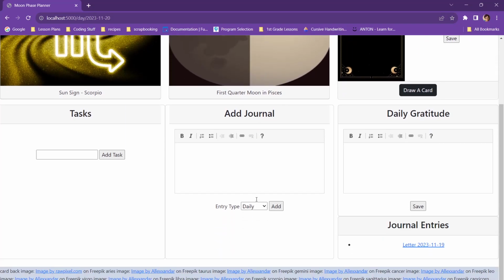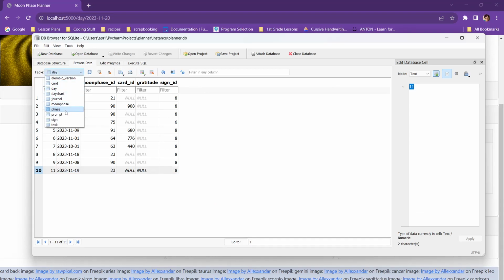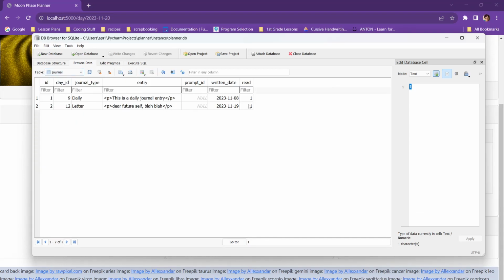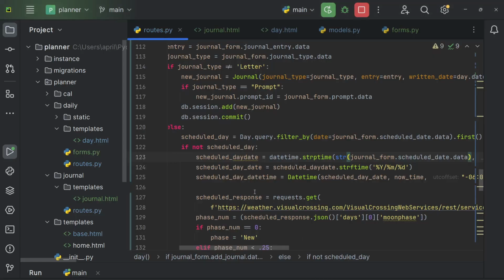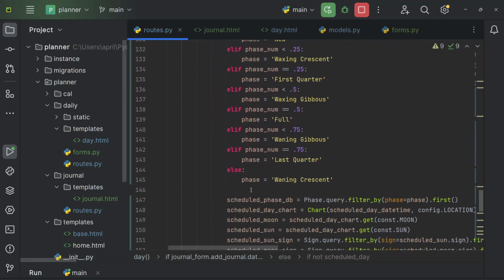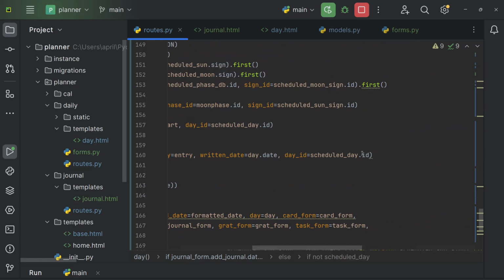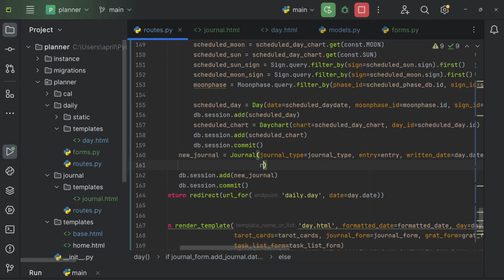I don't have the notification, but I do have the journal entry. So let's look at the journal entry and see if it's marked as, oh, you know what? I didn't change it to be marked as unread. Okay, so we need to do that when we create a letter. So if it's not a letter, else if it is a letter, then when we create the letter, new journal, we're going to say read equals 0. Okay,